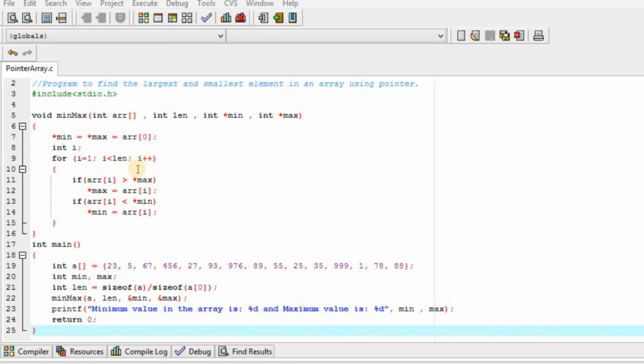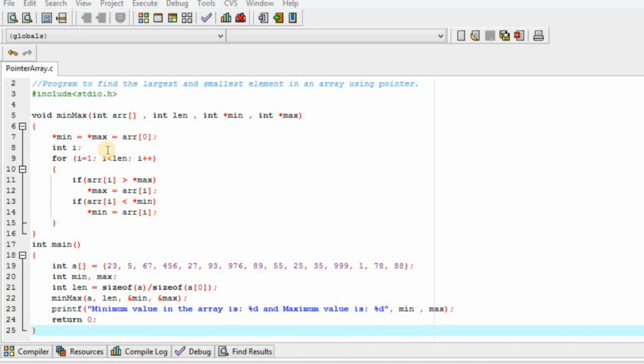That's why we are using the help of pointers. We cannot return both the min and max variables at the time of this function. That is why, with the help of pointers, we are making changes to the actual variables outside of this function.